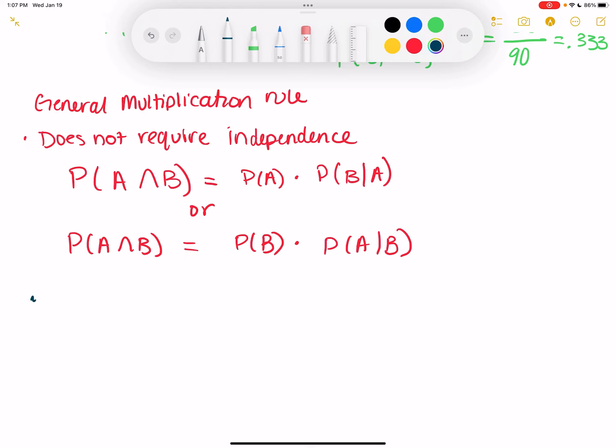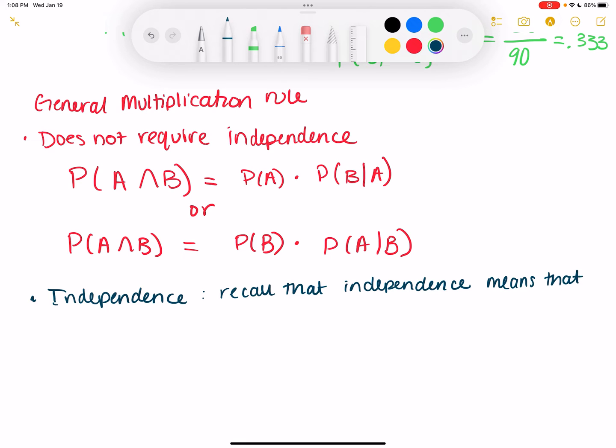All right, so independence. So recall that independence means that the outcome of one event does not influence,